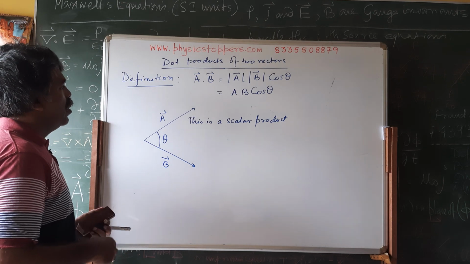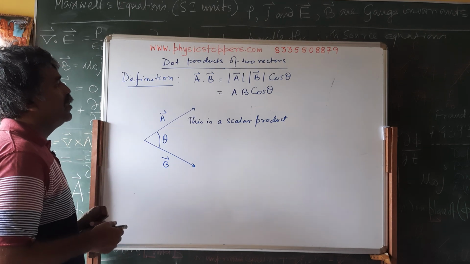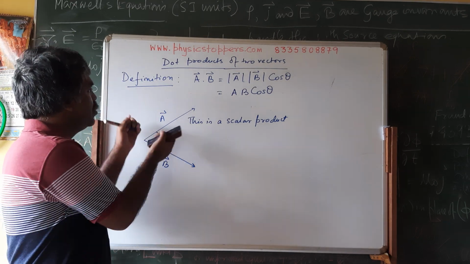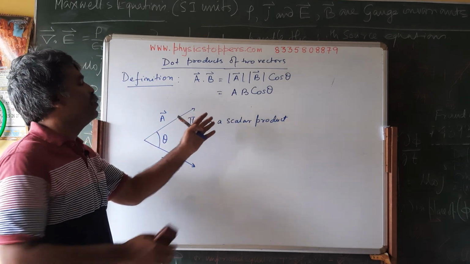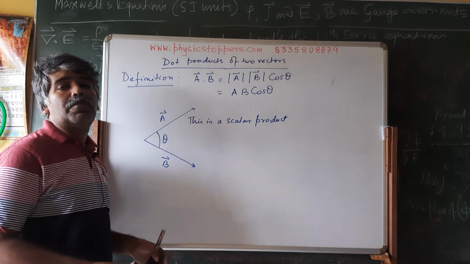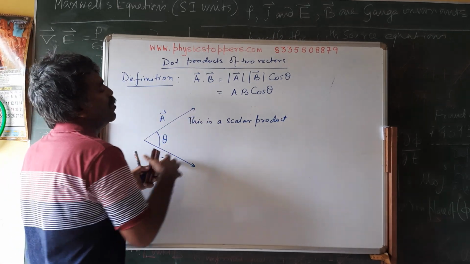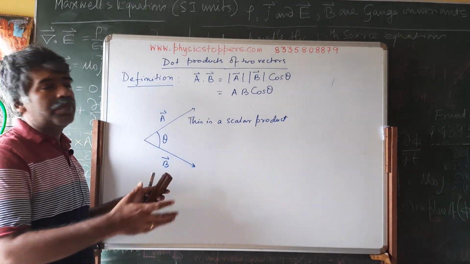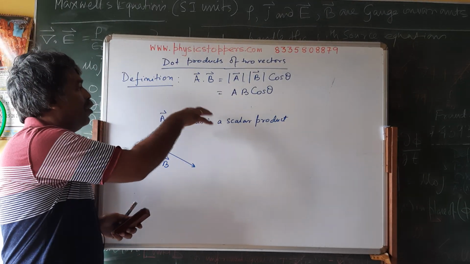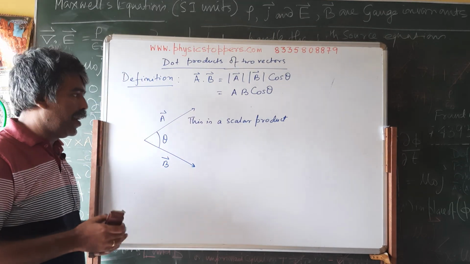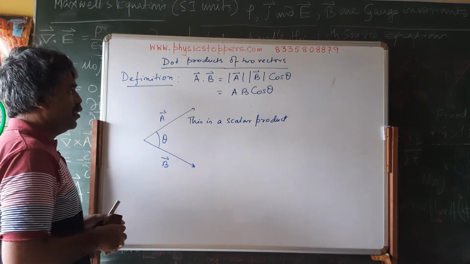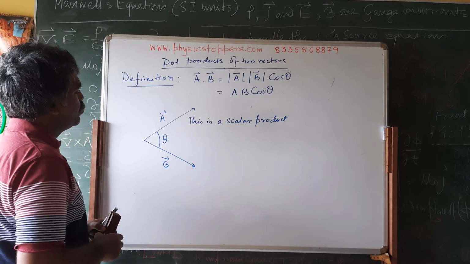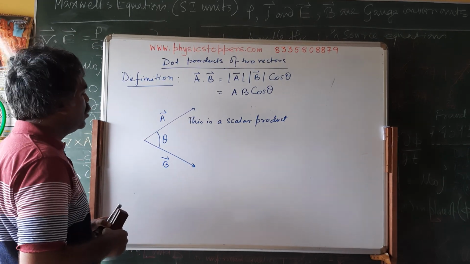As you advance, you will understand that these two are members of a vector space, and if you take a dot between them, this scalar belongs to the field over which the vector space is defined. I will not go into the details of that. You stick to the 11-12 standard. Okay, this is a scalar product.